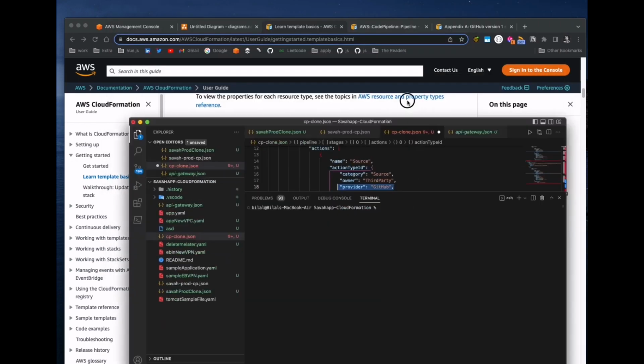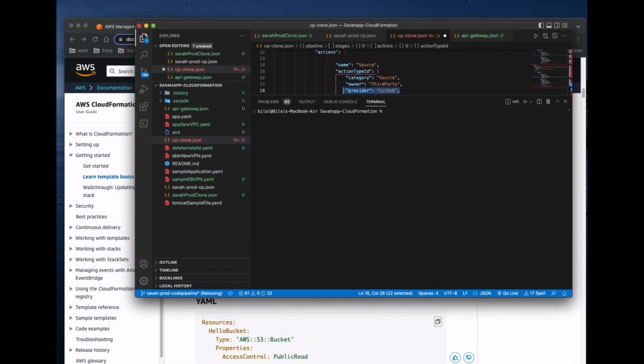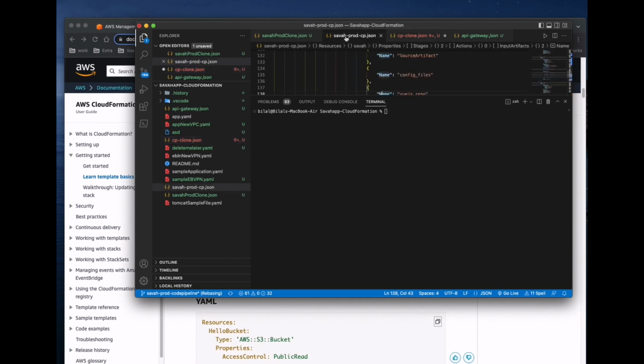There's nothing else to do, so I think now it's time for us to deploy our changes. I'm not going to upload this one because it takes a lot of time to do all of these changes which I have already done. So just go to this file and paste this